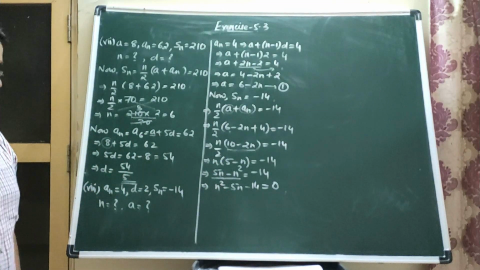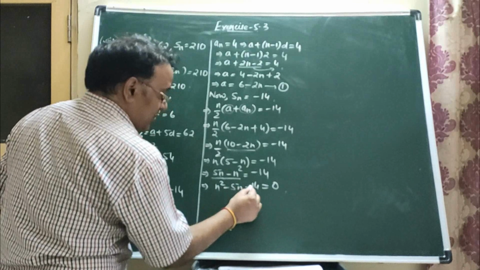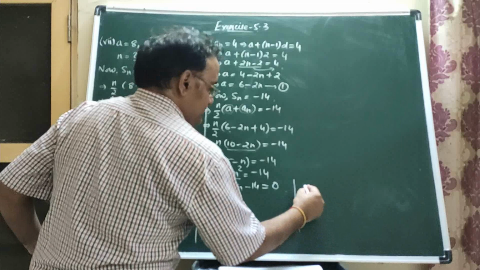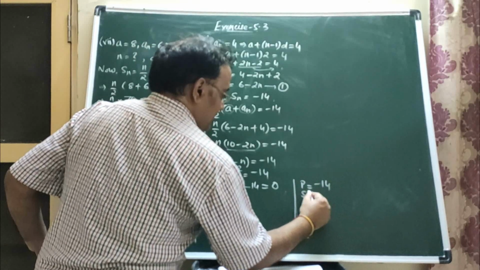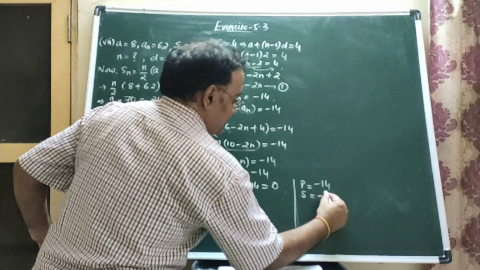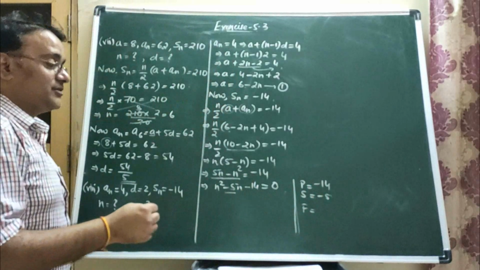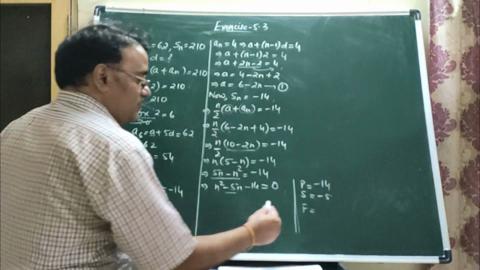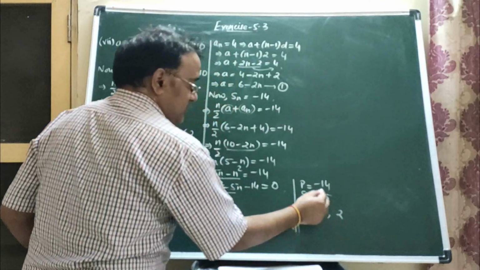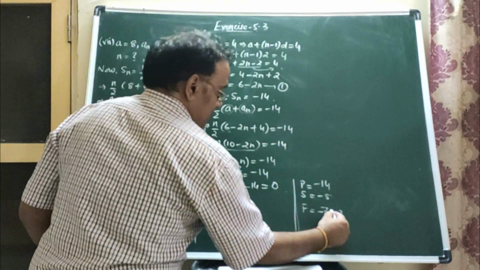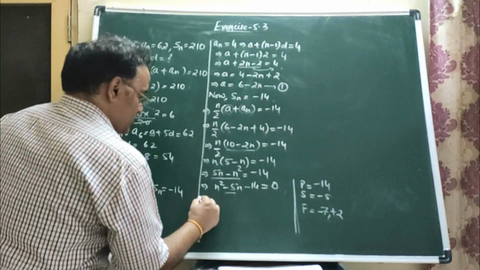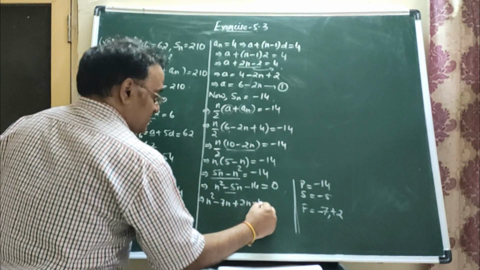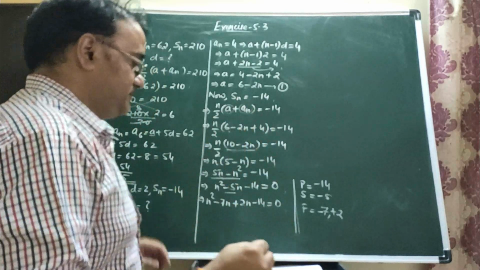Now we have to factorize. Now see, product is minus 14. यहीं पे लिख देता हूं मैं. Product is minus 14 and the sum is minus 5. So product is negative, that means 14 का दो फैक्टर जिसका डिफरेंस 5 होना चाहिए, 7 और 2. So सम का जो साइन है बड़े नंबर पे लगा देंगे. The other will be plus. So we'll get n square minus 7n plus 2n minus 14 is equals to 0.